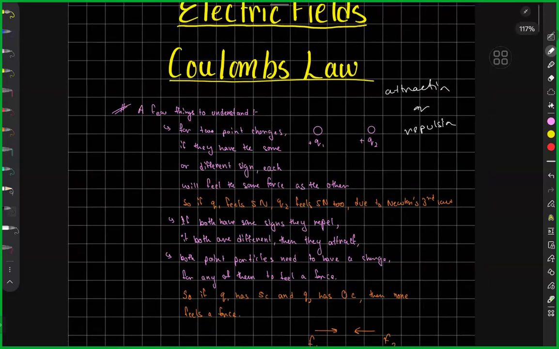So the few things that I want to talk to you guys about is for any 2 point charges, right? You have heard about point mass particles, right? The reason we make that approximation is because we concentrate all of that mass into a single point, that is the center of the object, the center of mass. And in these cases, these are like point charges. So let's say one single positive charge, one single negative charge. That's how I'm defining the charges, right? So 2 point charges, if they have the same or different sign,